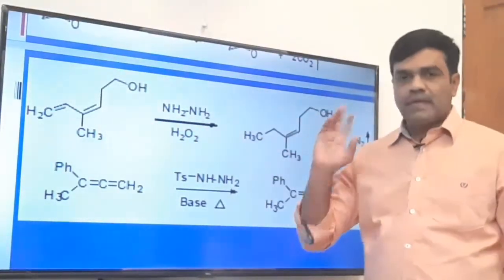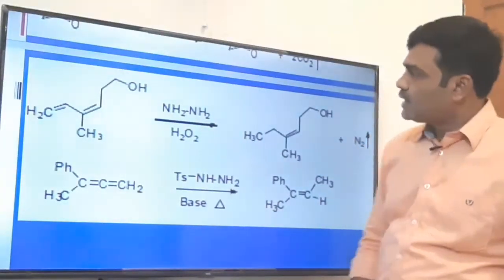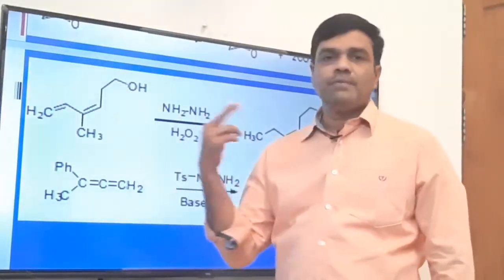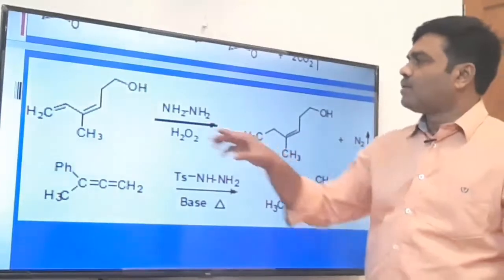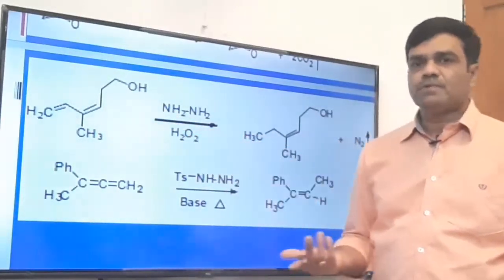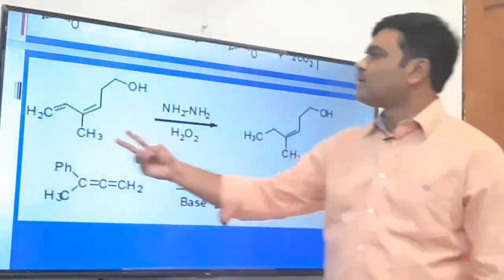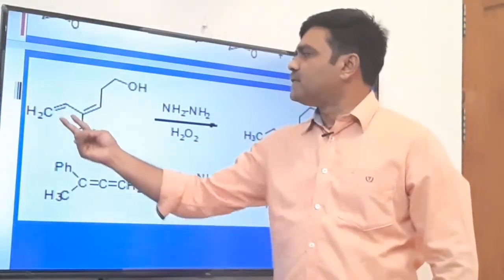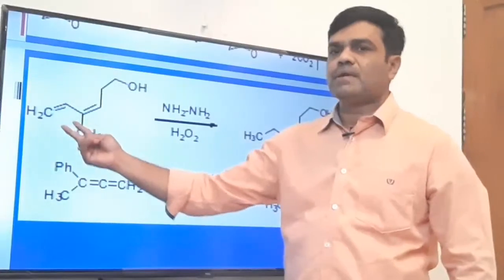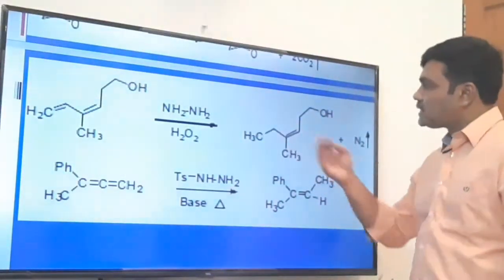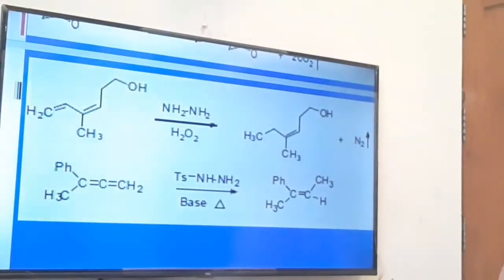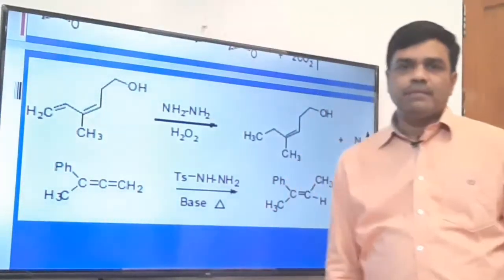So, this NH=NH will react with only this carbon-carbon double bond, which is less substituted. However, the carbon-carbon double bond which is more substituted remains as it is. You can see here it remains as it is. Only the reduction, that is, addition of two hydrogens across the carbon-carbon double bond, takes place at the less substituted double bond. This is an allene type of molecule,